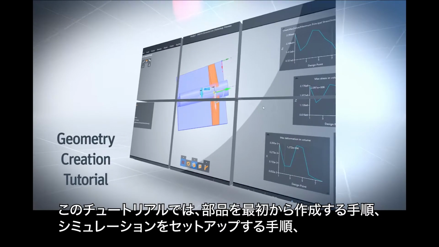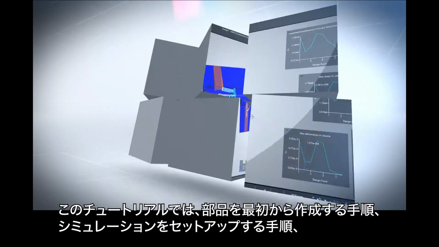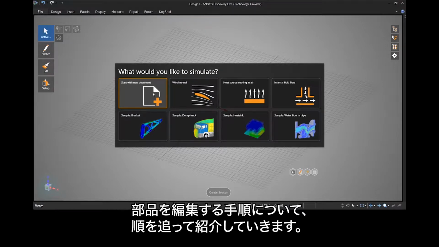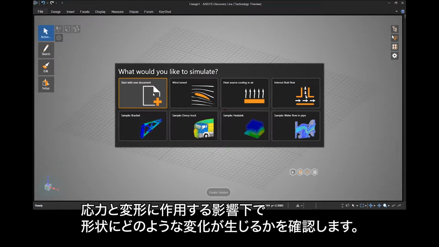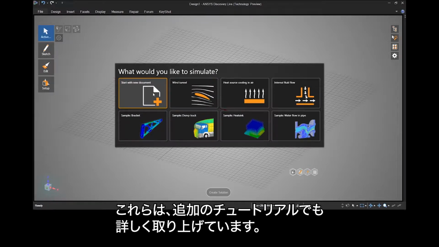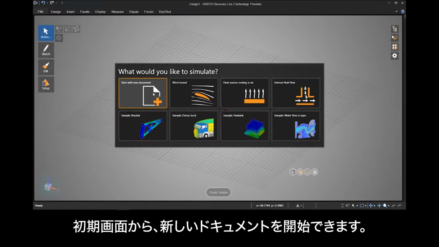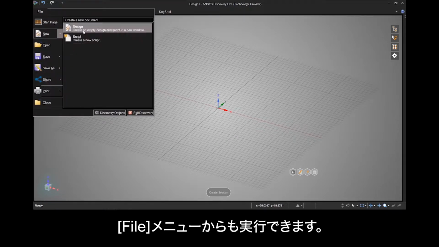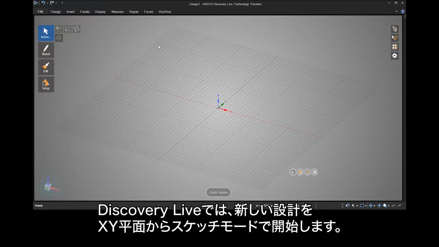In this Discovery Live tutorial, we'll walk through creating a part from scratch, setting up a simulation, and making edits to the part to see how geometric changes can impact max stress and deformation, both covered in more detail in additional tutorials. From the Welcome screen, we can start a new document, or the same can be done from the File menu. A new design in Discovery Live starts you off in sketch mode through the XY plane, and from